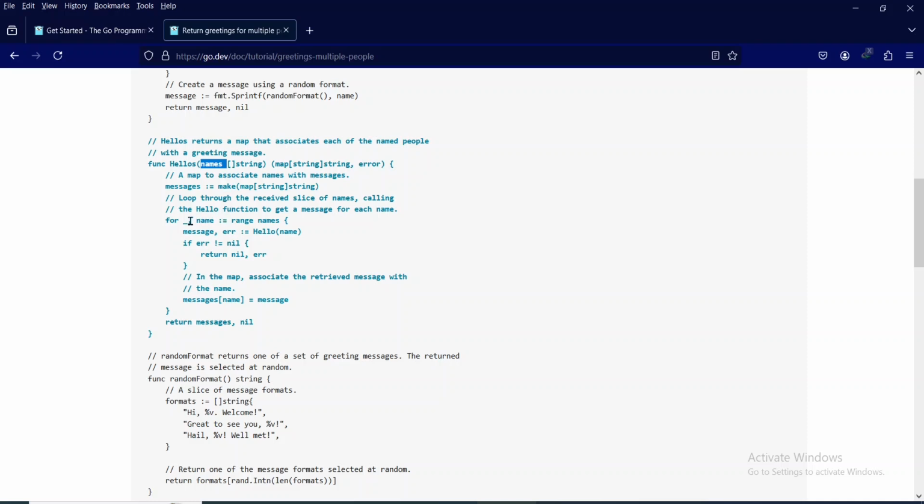So here you can see it returns the key and value, but we do not need the key, we only need the value, which is name. So it is underscore to ignore the first value, first variable, which is key, and then the second variable is name, coming from names slice,